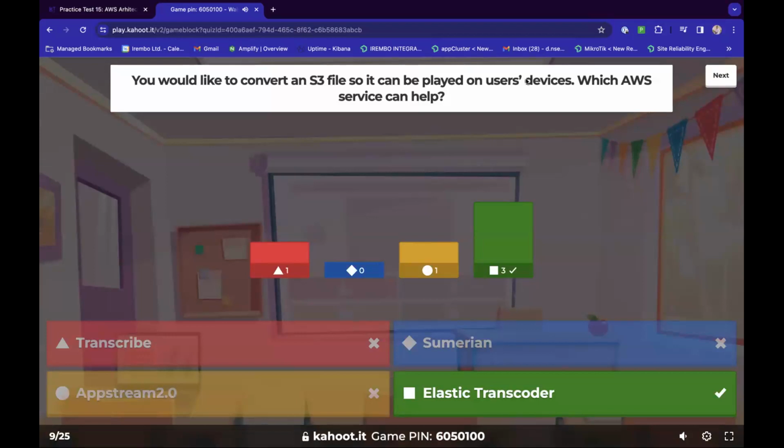So yeah, you can use Elastic Transcoder to convert your S3 files so it can be played on users' devices. I see a majority also got this right.